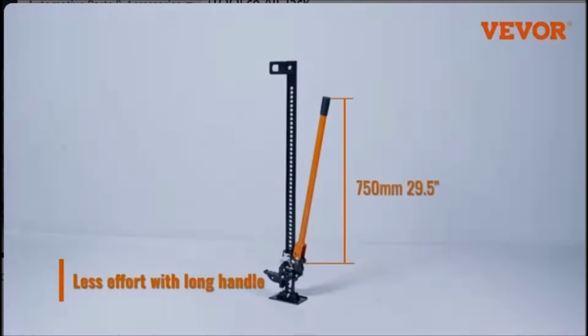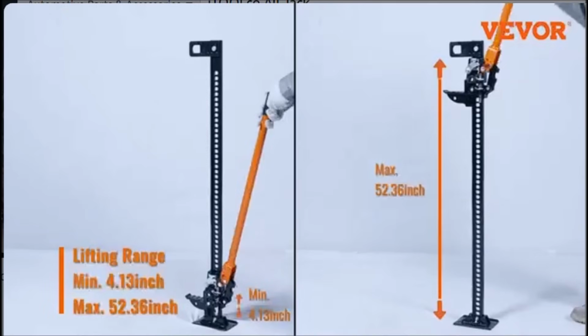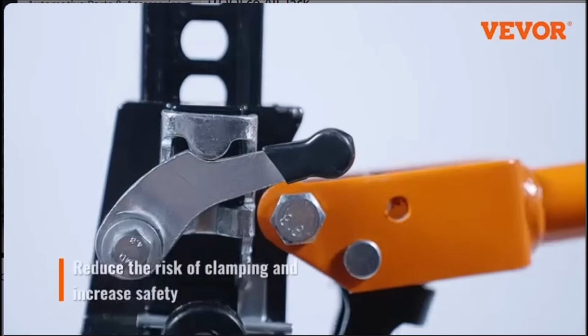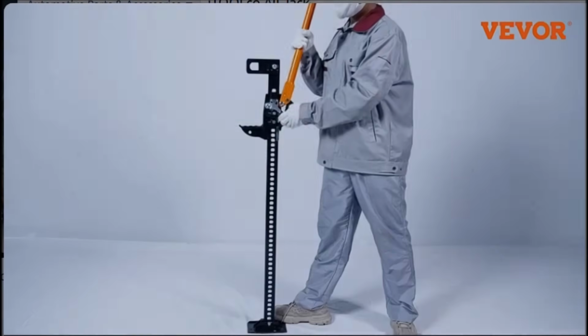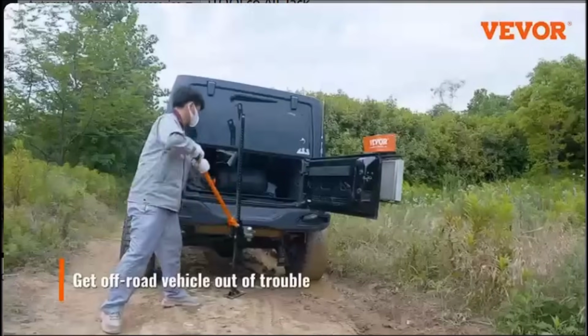Number 1. The Vever Farm Jack is a powerhouse with a 7,000-pound lifting capacity and a range of 4.13 to 40.74 inches. It's built for tough jobs, whether you're lifting farm equipment, moving heavy stumps, or even handling off-road vehicles. With its 48-inch lifting space, it's super versatile, working not just on cars and trucks but also doubling as a